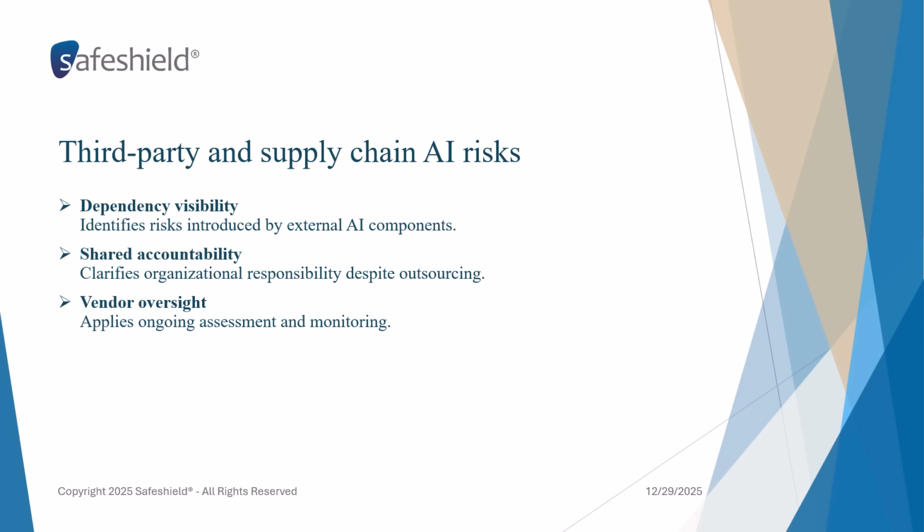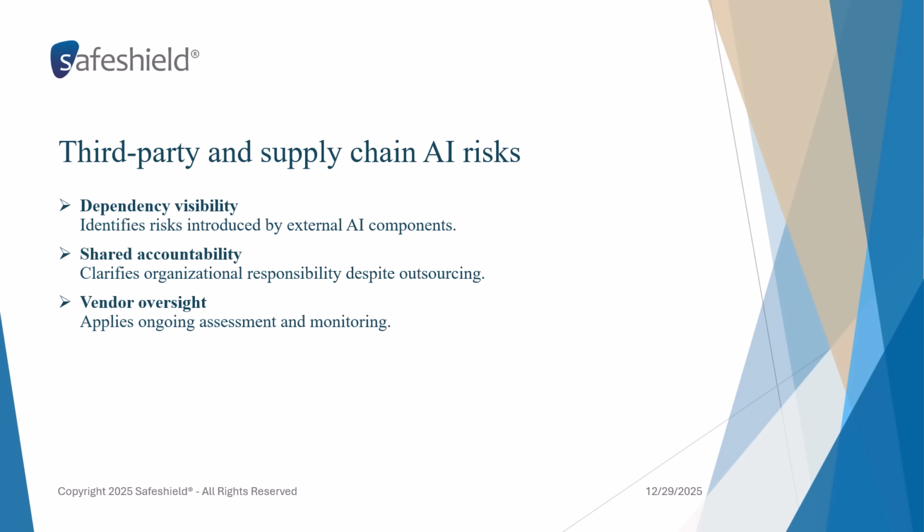These risks may change over time as vendors modify models, data sources, or operating practices. The framework encourages organizations to map AI supply chains across the entire lifecycle. This mapping identifies critical dependencies, interfaces, and points of shared responsibility. Clear definition of roles and accountability is essential, including responsibility for risk assessment, monitoring, incident response, and remediation when third-party